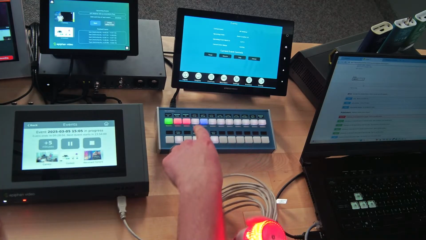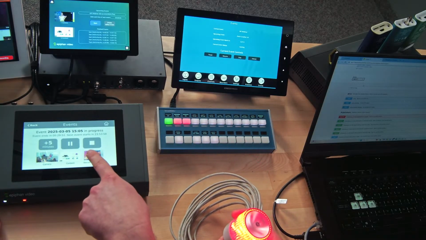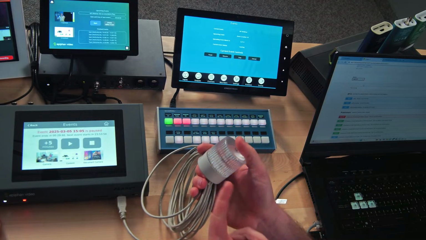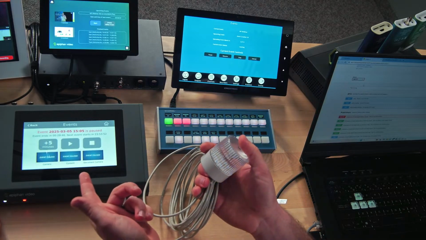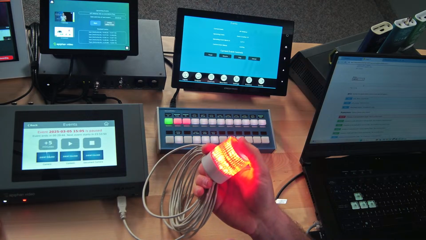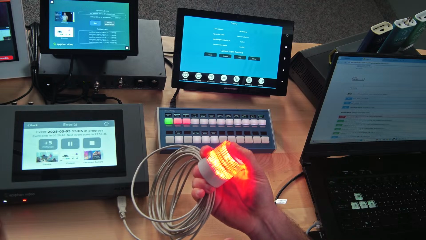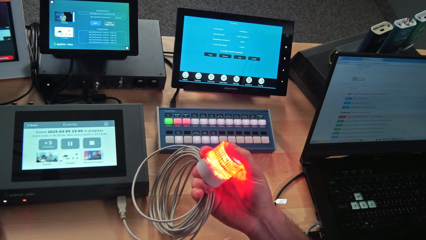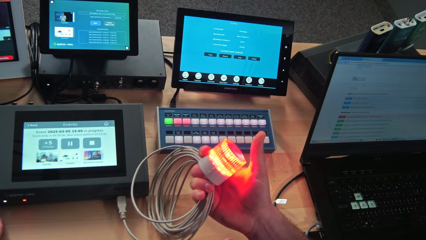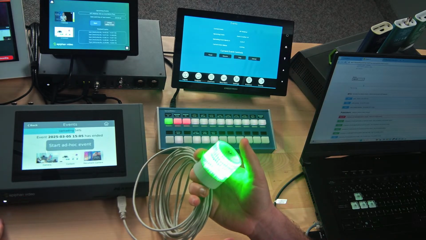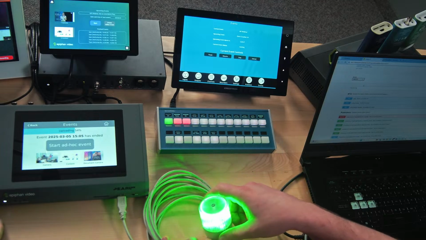Maybe we can show? Yeah, I'll show it here. You can kind of see it here. So now we have event started. If we press the button, then what you'll see is it goes blue. The event is paused. We can press it again and the event unpauses, and if we hold it for at least 5 seconds and then let go, the event will actually stop and it'll upload. And so we've integrated with that as well.